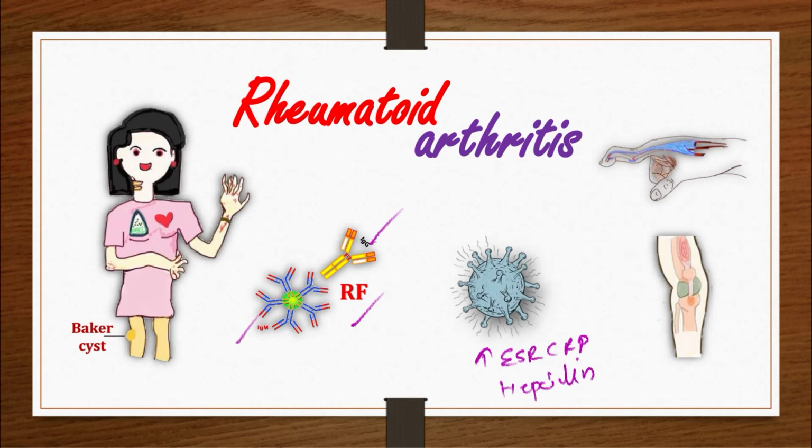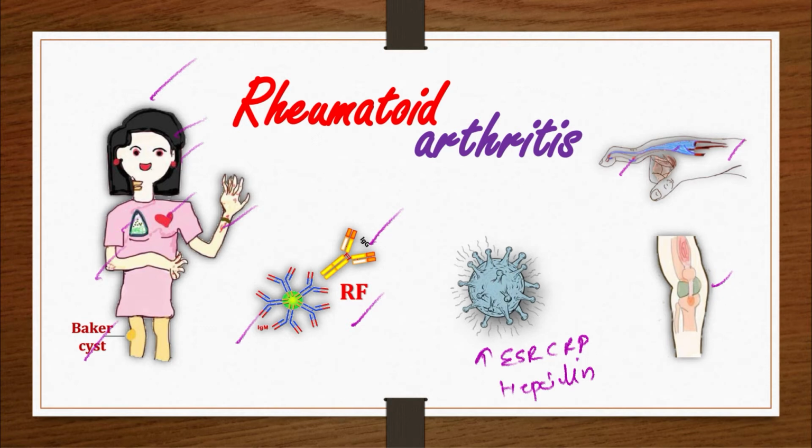acute phase reactant, right? So here is the picture of one rheumatoid arthritis patient, and her name is Simran and she is my imaginary patient. Okay, so with this picture you can imagine now that rheumatoid arthritis not only affects your joints like your PIP, your MCP and your wrist, your knee, but the patient also manifests with extra-articular manifestations. Like the patient might have pericarditis, pulmonary fibrosis, scleritis and episcleritis, CNS manifestations, vasculitis, subcutaneous nodules and Baker cyst, along with the constitutional symptoms like fatigue, weakness, weight loss, and cardinal signs of inflammation such as redness, swelling, pain, hotness, and